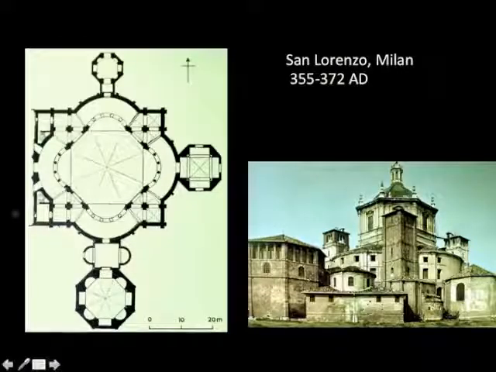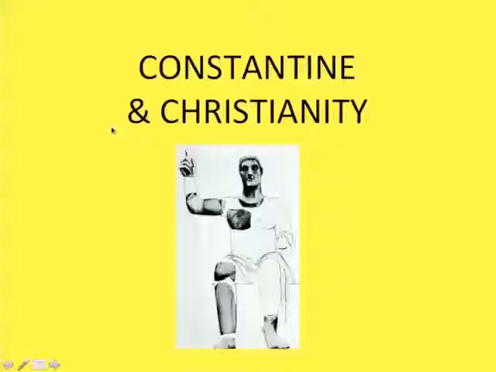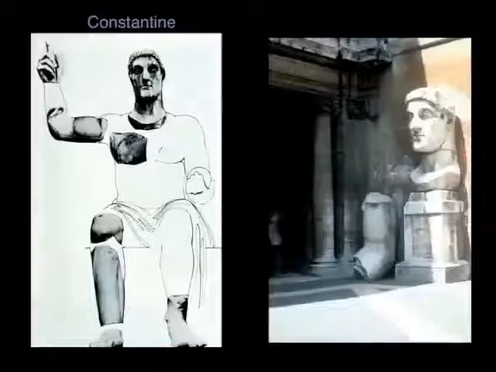San Lorenzo in Milan, another super hybrid centric plan where we get these kind of concave, convex, infolding shapes like the ones that we saw at Hadrian's Villa, but now amplified by the addition of these other kind of weird ancillary centric organizations. And probably one reason that the church plans begin to change in favor of the axis has to do with Constantine.